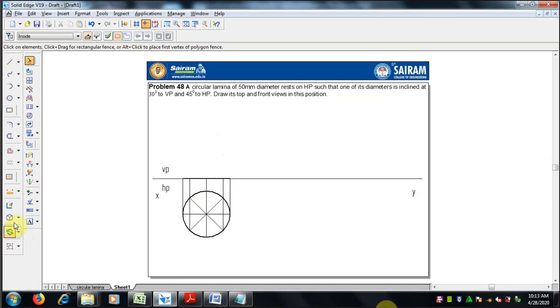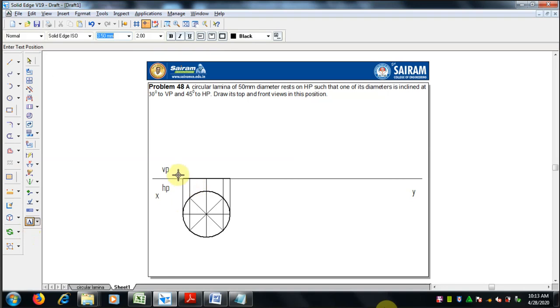So mention the names by selecting the text command. It lies on a point, so we can give any name, ABCD.